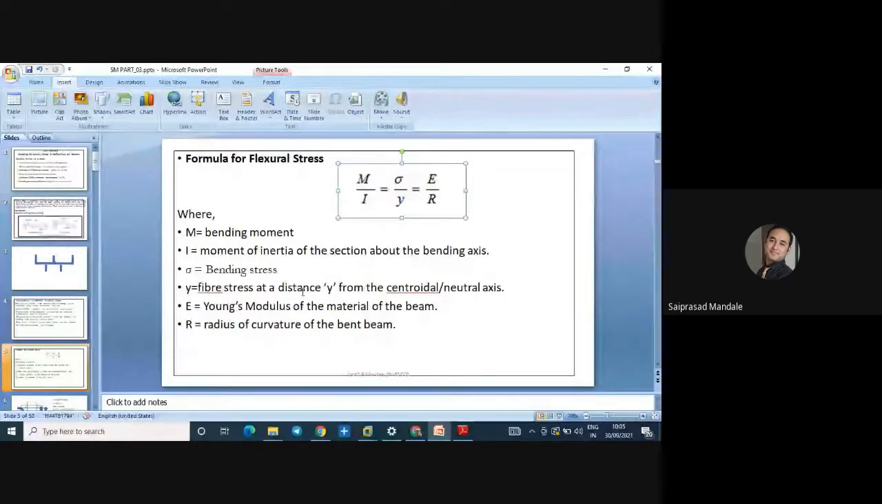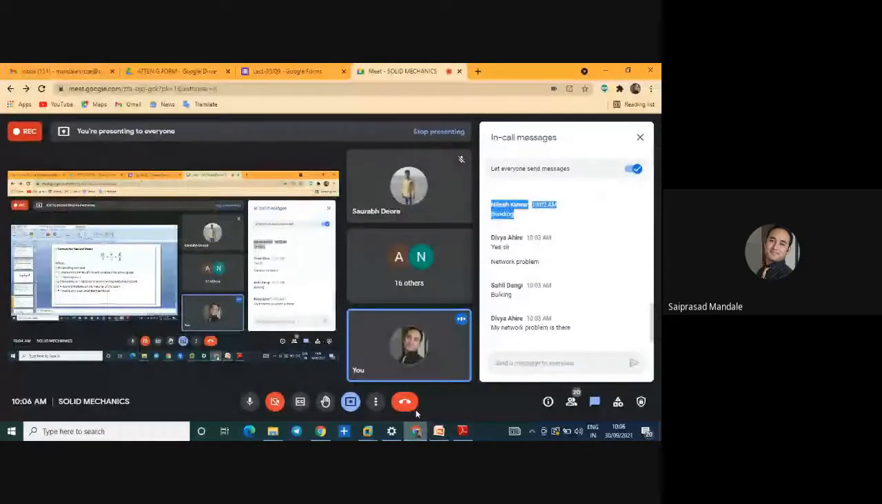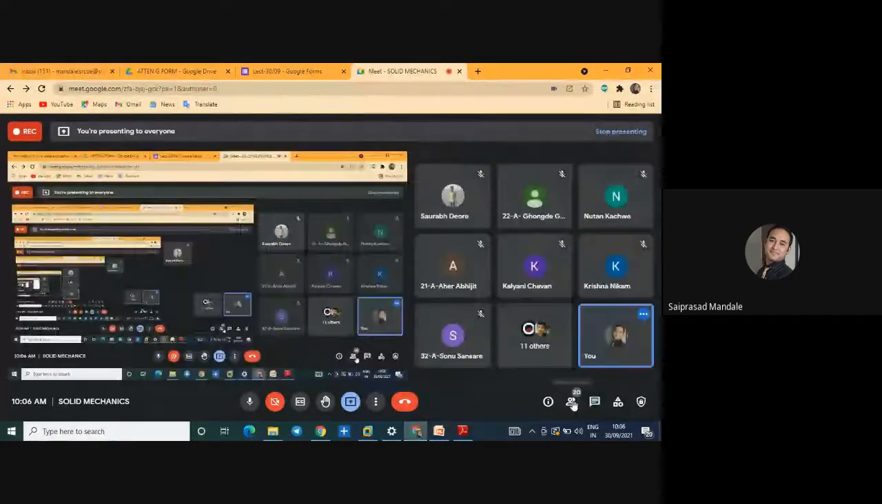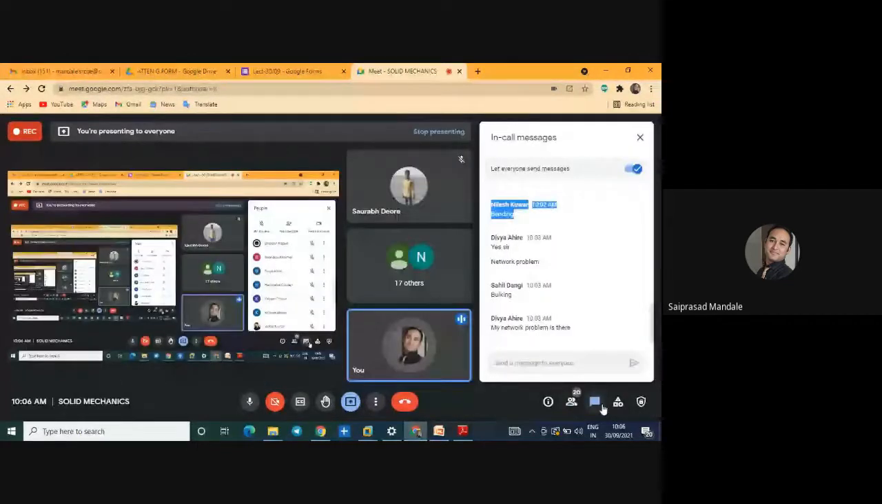Can anybody tell me the unit of bending moment? What is the unit of moment? Keep aside bending moment, I'm only expecting the unit for moment. I'm expecting an answer from